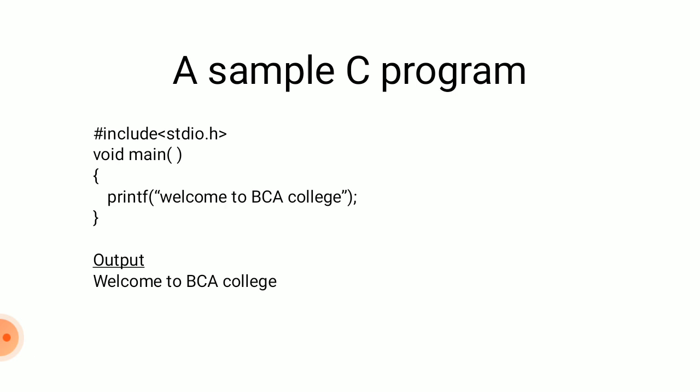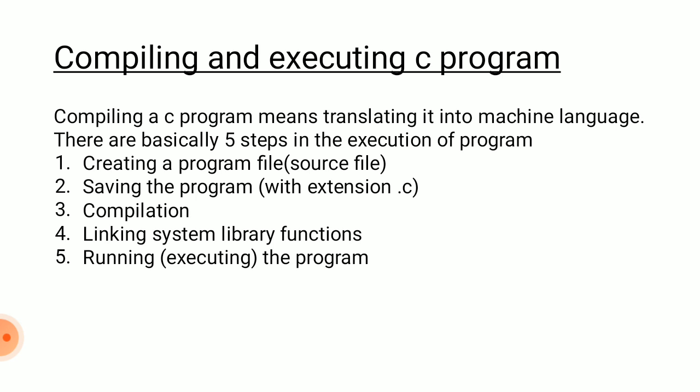Okay. Here, to compile and execute a program, we have 5 steps. One more thing, we can execute a program on any platform, that is on DOS, a disk operating system platform. We can run a C program on a Windows platform, or on a Unix platform or an Ubuntu platform. Okay. So you can execute a program on any platform.